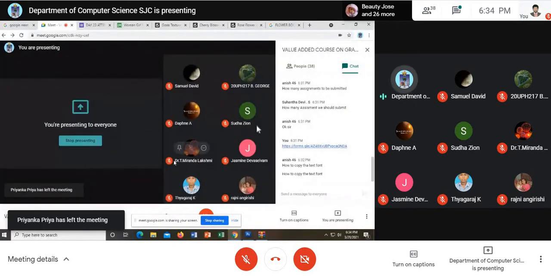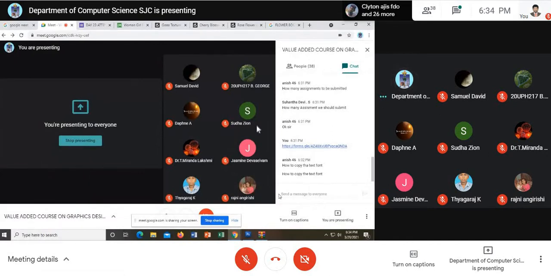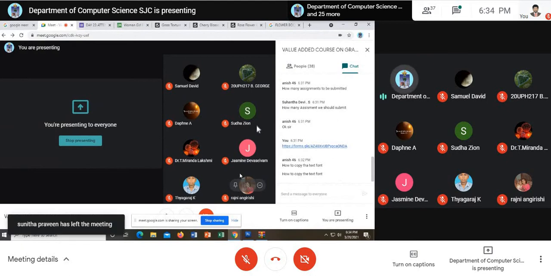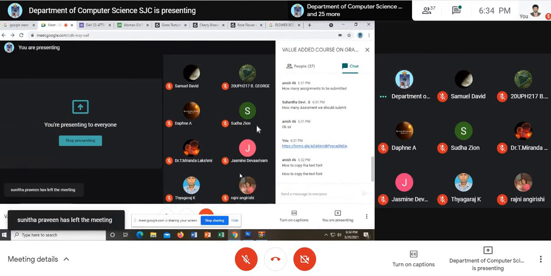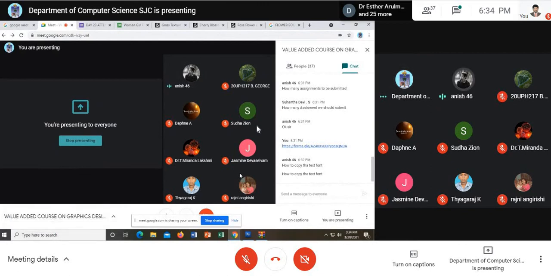Any other clarification? How to copy the text font? What is that, sir? You asked copy the text font, what do you mean? Copy the text is Control C. Sir, now we give some text in a font, and how do we copy that text to make another text as a duplicate layer? Alt, that we have seen continuously, no?